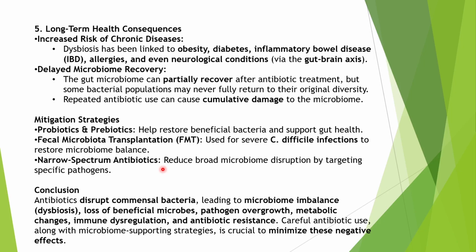Broad spectrum antibiotics can disrupt many different microbes at the same time, but narrow spectrum is specific to one particular type of pathogen. So if we can identify what pathogen it is specifically, then we can use narrow spectrum antibiotics so that it doesn't affect the other species which are not related to this kind of pathogen. So all these ways we can help